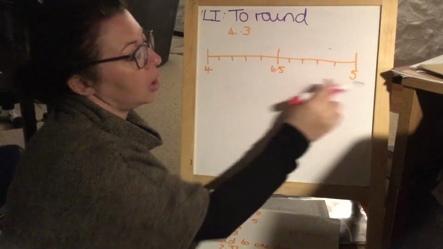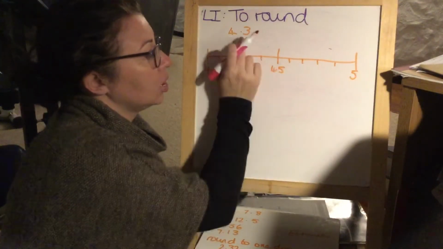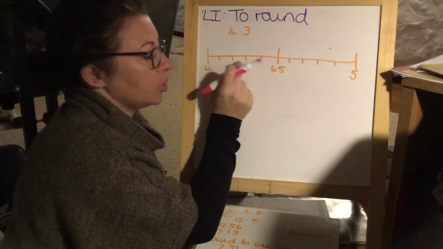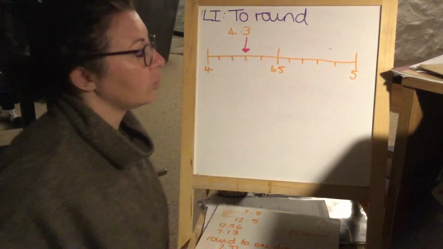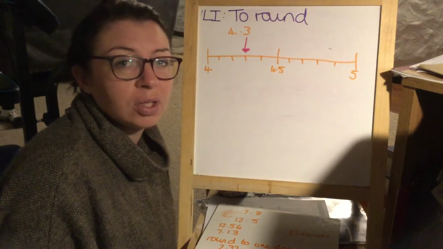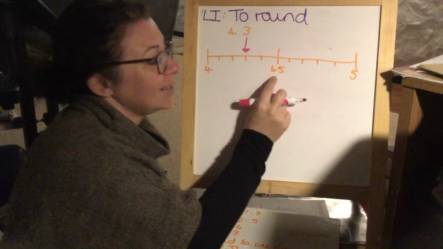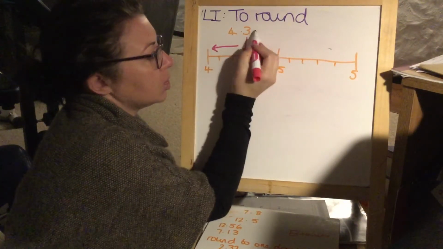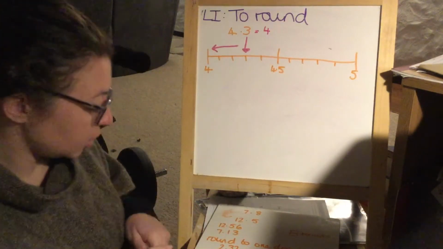So if we look at our number line, 4.5 is our midpoint. Where would 4.3 go? So we have 4.1, 4.2, 4.3. 4.3 would go there. So would that round up or down if we were rounding to the nearest whole number? Because it is less than 4.5, 4.3 would round down to 4. Okay? Now if I do another one,